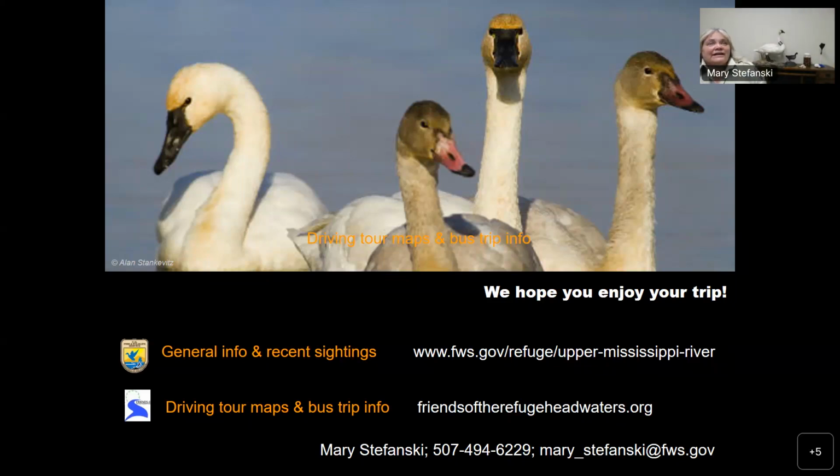They're not going to get the concentrations of swans. They'll probably get some swans that stop there. Locating them and getting a place to view them from could be an issue. Probably easiest down river, more near the Shakopee area, would be a spot to go look for them. That's still part of the refuge, and you can probably get a little more open space there and look around